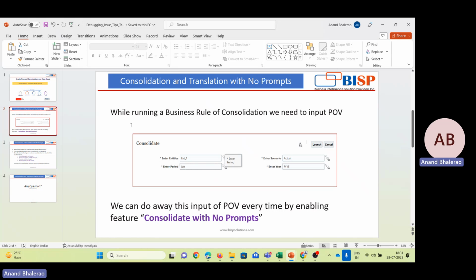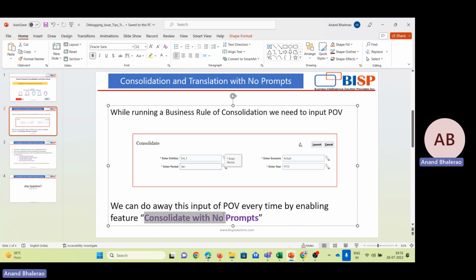So as we see, while running a business rule of consolidation, we need to input the POV, the below POV. That is, we have to define the entity, scenario, period, and year. But we can do away with this input of POV every time by enabling this feature, which is known as consolidate with no prompt. This feature is available in the application, but we just need to enable it and do some one-time step so that it will be made available,